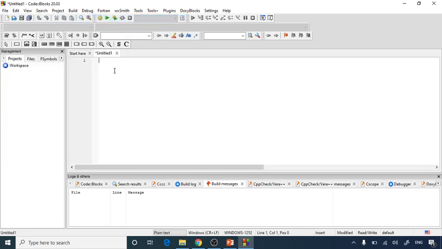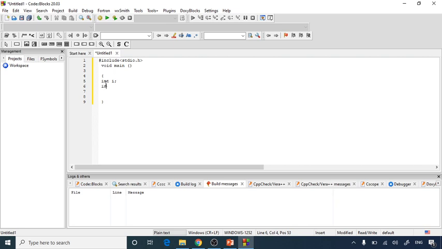Now here I'll give the header file as #include stdio.h and then we'll start with void main. Inside void main I'm going to declare one integer i, because of the array element, so that's why integer i.